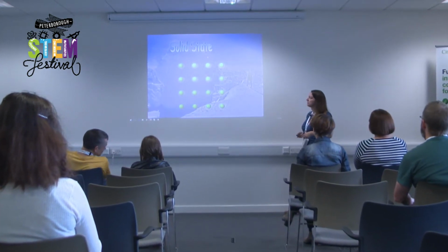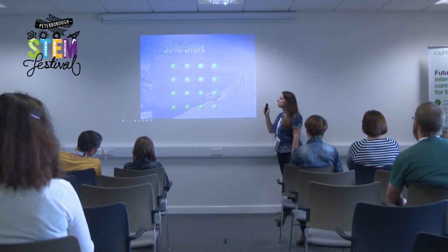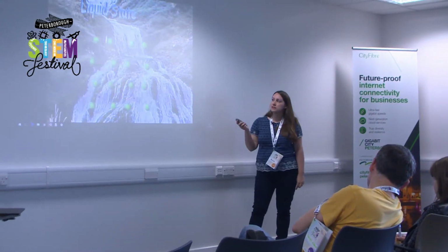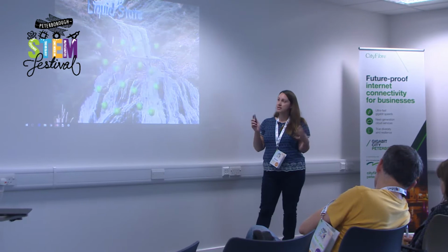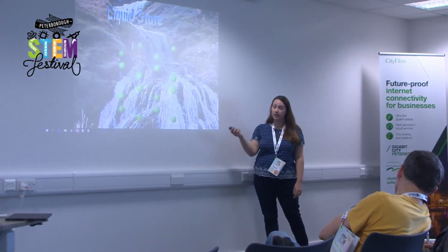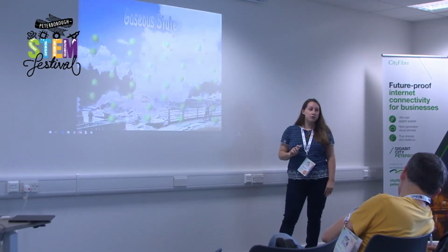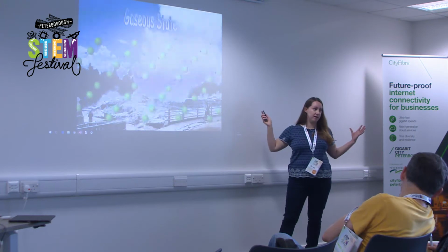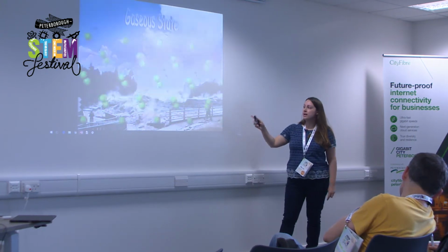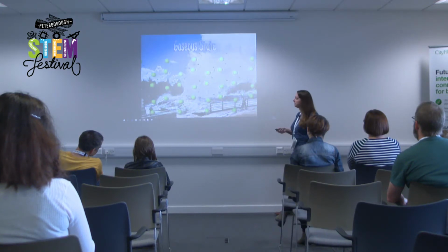We start with a solid state. All the objects have a nice lattice of atoms, everything's nice and compact and regular, and you've got your electrons spinning around your nucleus in your little atom forms. Now moving to liquid, you still have atoms, they're moving around a bit more, but they're still held together, just like water. Now, if we heat that even more, like boiling a kettle, we get a gas, like steam, and it's going a bit more crazy, and it will expand to fill whatever space you've got, but they're still in their formed atoms. Now, if we get to even higher temperatures, that's when we form a plasma,